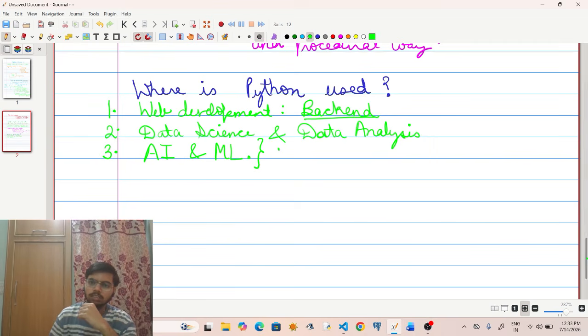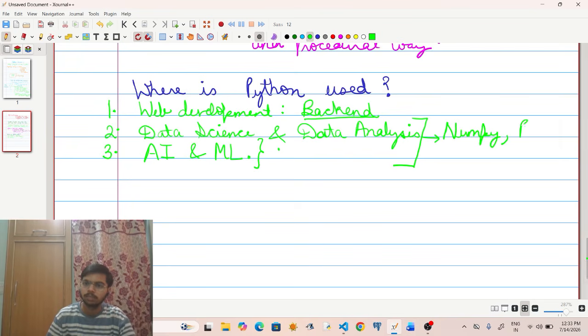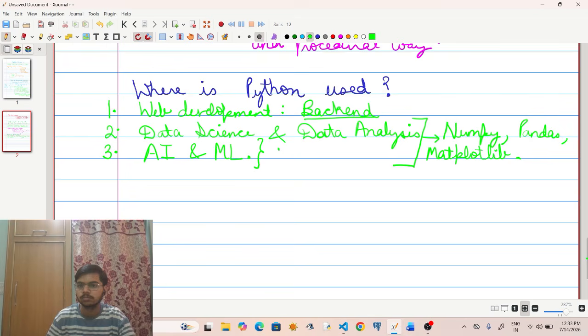I want to tell you one thing that these both are correlated, and there are many Python libraries. What libraries are exactly you will understand in the future. But there are many Python libraries such as NumPy, Pandas, Matplotlib, Seaborn, and scikit-learn.